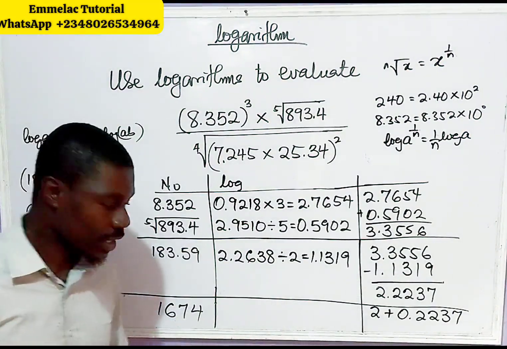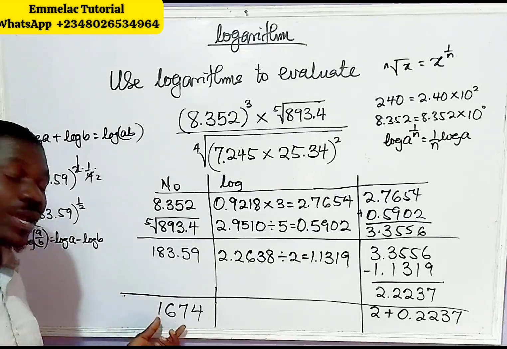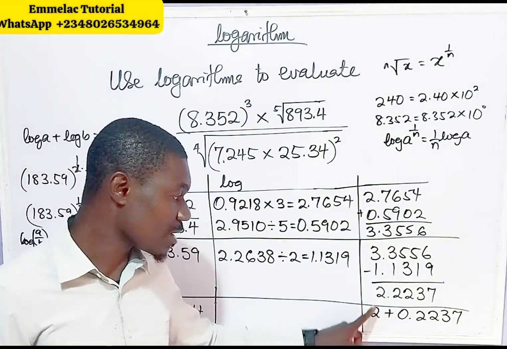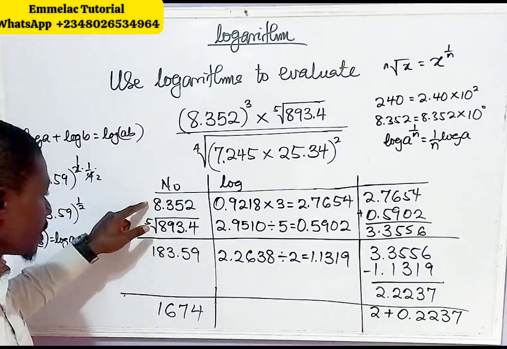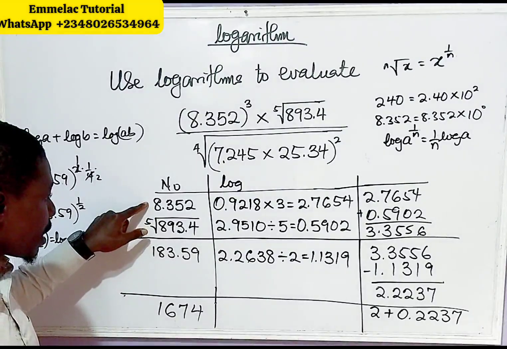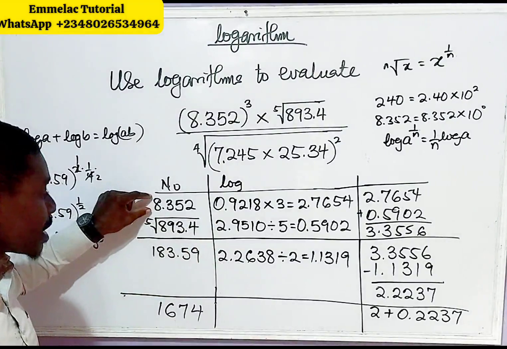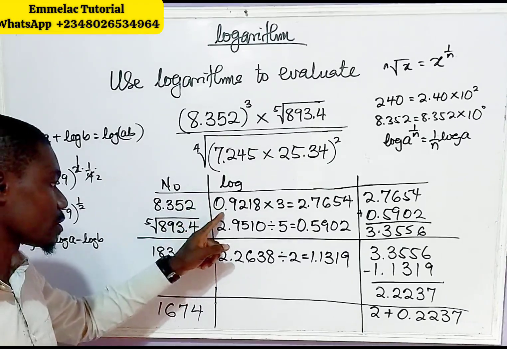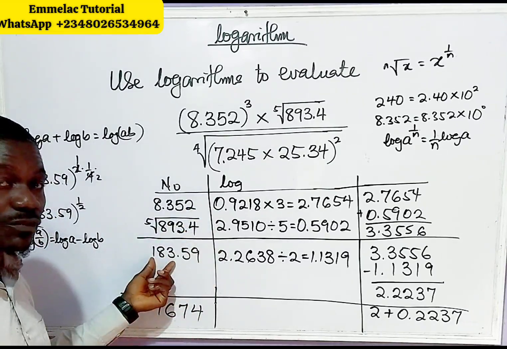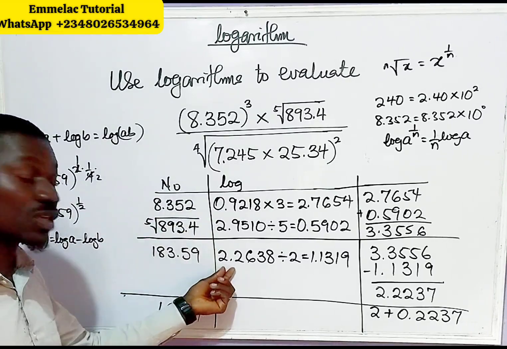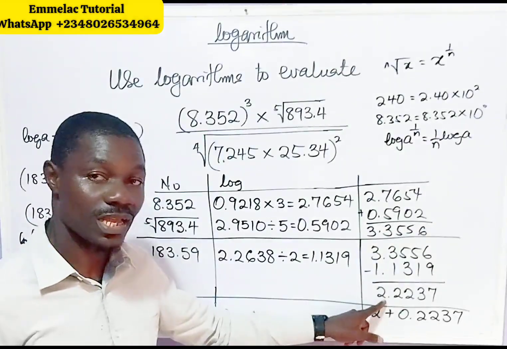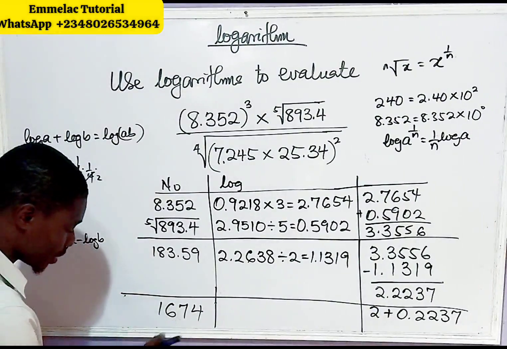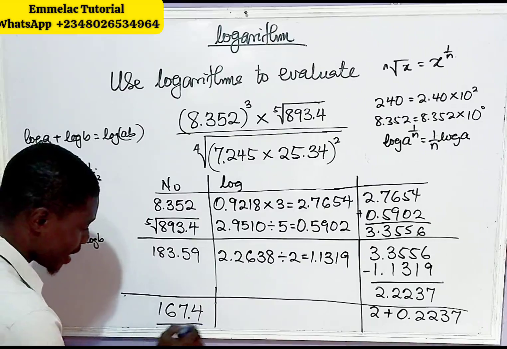1674. Okay, so at this point, where should our decimal be located? Take note of this 2. This is the characteristic here, and take note from the beginning. For us to get this 0, it means the characteristic, that is the digit before the decimal, you have to subtract 1. In this case we have 3 before the decimal. So 3 minus 1 will give us 2. Since we have 2 here, 2 plus 1 will give us 3. So we count 1, 2, 3. So our decimal will be here. And here is the final